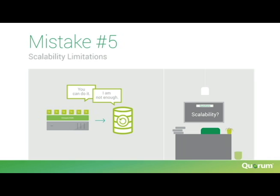Run this scenario about capacity by your rep. How do they answer those questions? If you ask your sales rep, what if I go from 10 to 15 terabytes? What does that look like? If there's not a quick, clear, and easy to understand response, then their backup solution that they're trying to sell you, they probably haven't thought about scale,